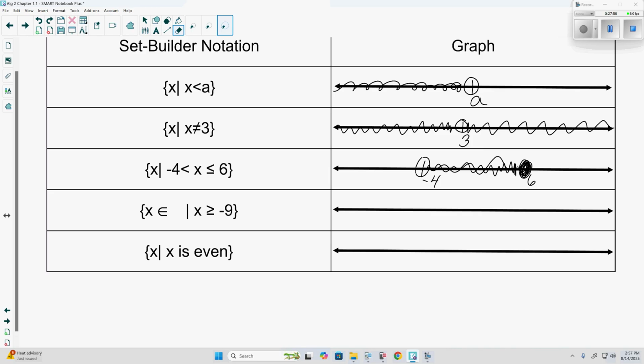So you're saying what to the next one? This E symbol in mathematics and how it's being used is element. X is an element of a given number set. So we could put, I've been using the same number. You know what, I'm going to change it up. No, we're going to use the same one. Our integers. We can say x is an element of the integers such that x is greater than or equal